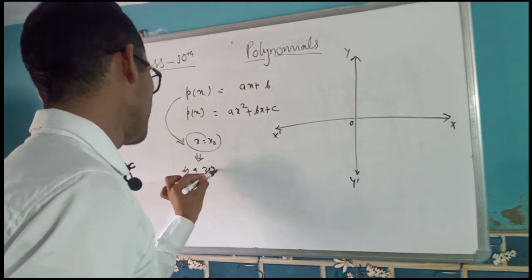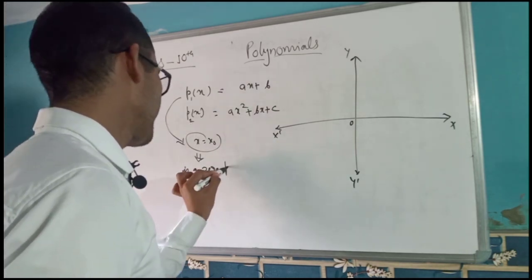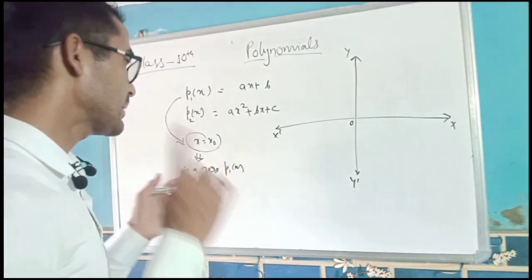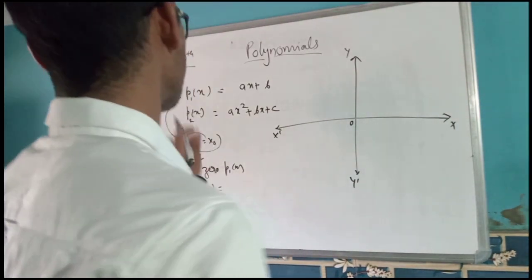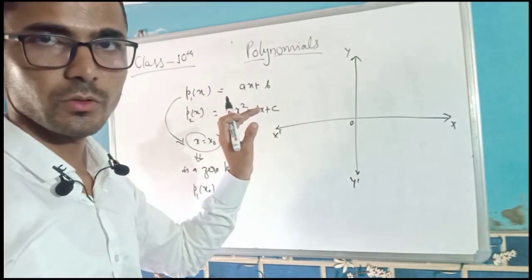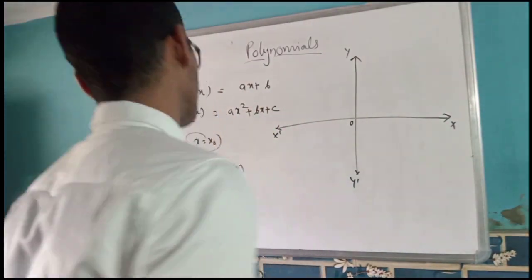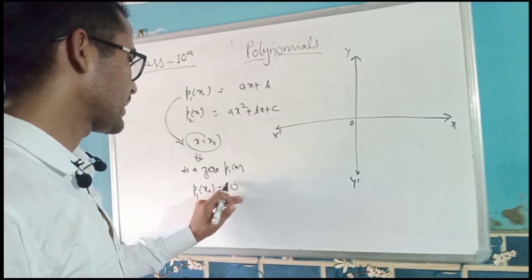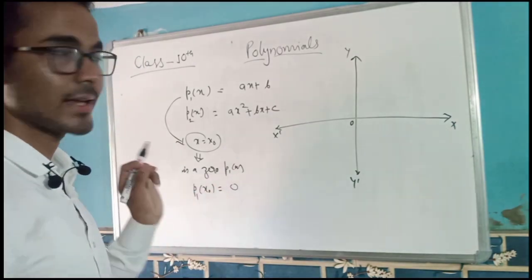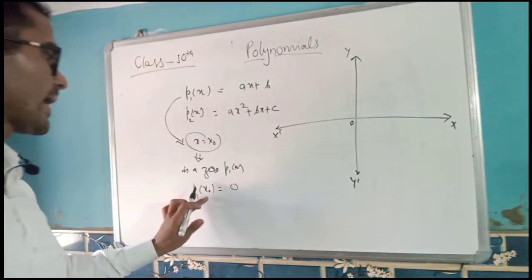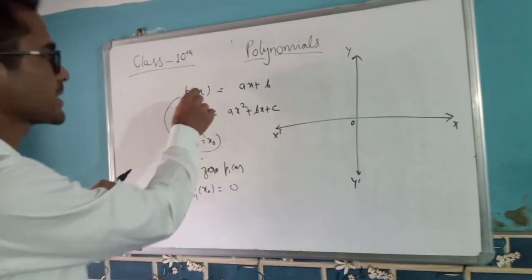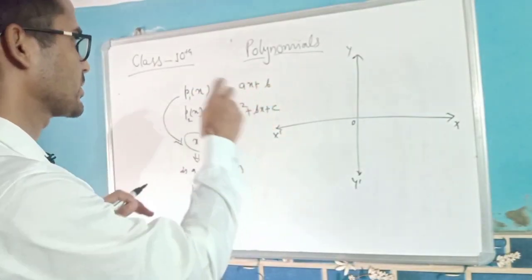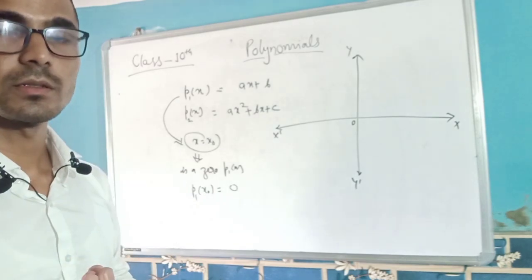A zero of, let's give it a name, p1 of x. What does it mean? It means when we put x equal to x0 in p of x, in this polynomial, we get zero value. Means we get value of p of x as 0. That's what it means, that x0 is a zero of this polynomial, right? Means substituting x equal to x0 in this polynomial gives us a return or outcome of